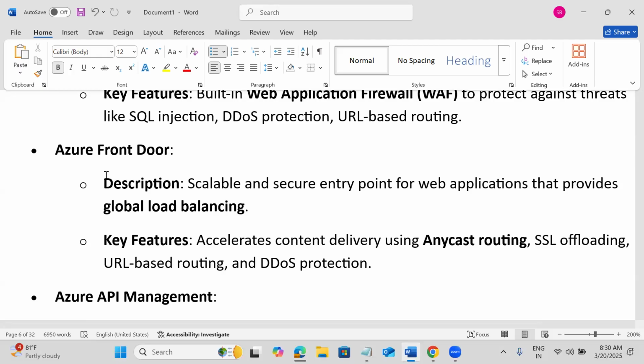If the user is from Europe, maybe London, it delivers from the London edge location. Traffic Manager is DNS based, whereas Front Door is CDN based, global load balancing.